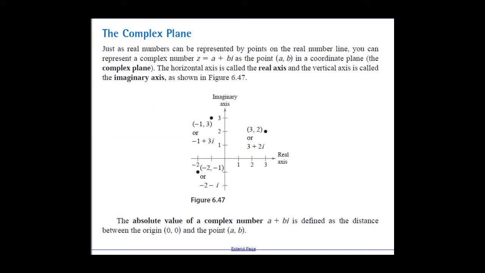So we've been plotting real numbers on the real number axis since 2nd, 3rd, 4th grade. You can also represent a complex number, a plus bi, as a point a comma b in the complex plane. So this horizontal axis we refer to as the real axis, whereas the vertical we refer to as the imaginary axis. So if we're given this complex number, 3 plus 2i,